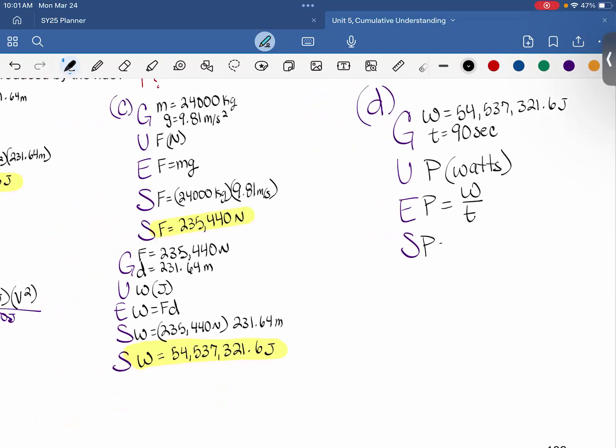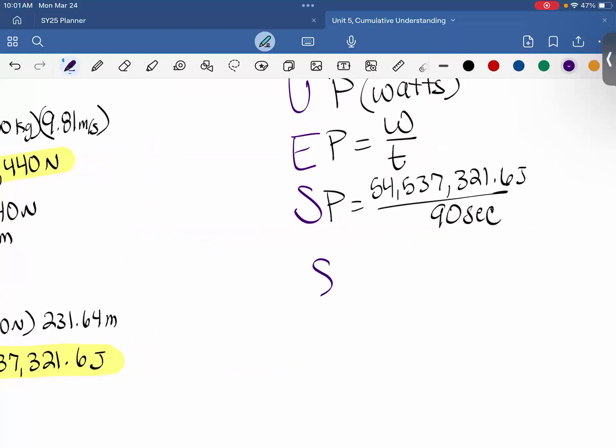Okay. Power equals 54,537,321.6 joules over 90 seconds. I'm going to divide these two values by one another to find the rate at which the work was done. And we're going to find that that is 605,970.24